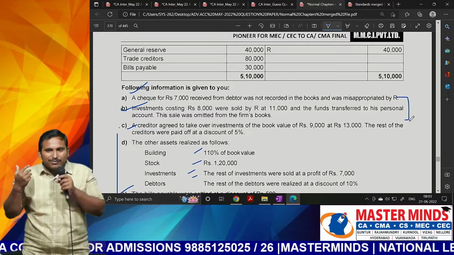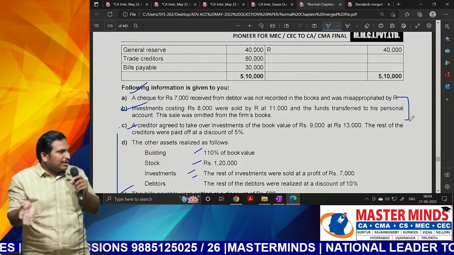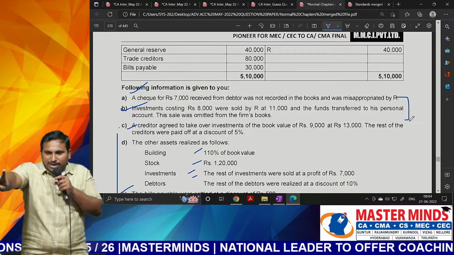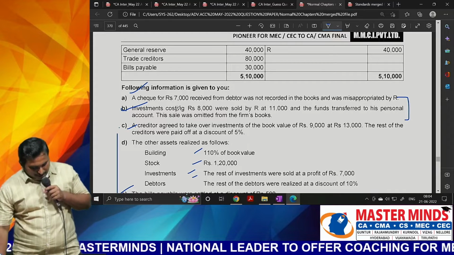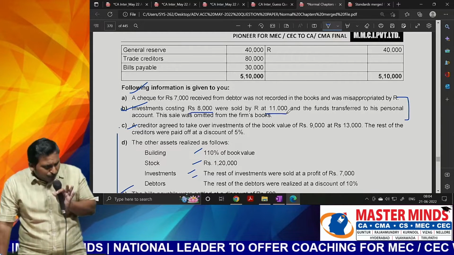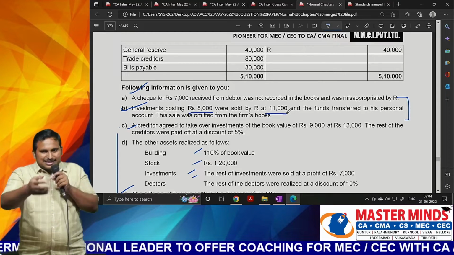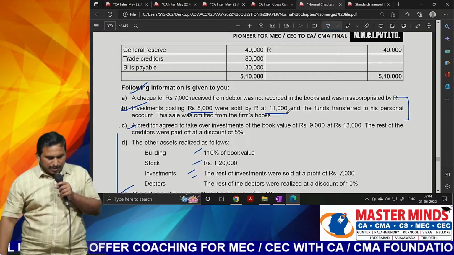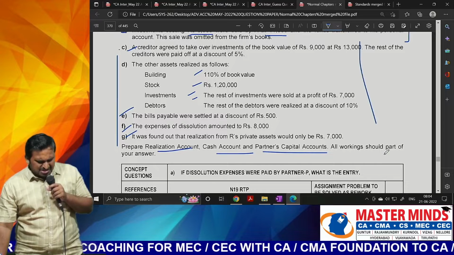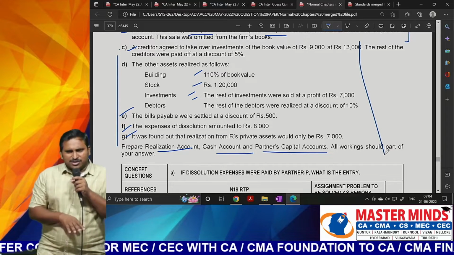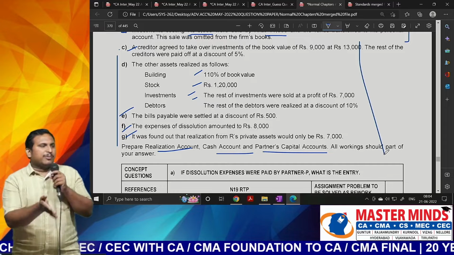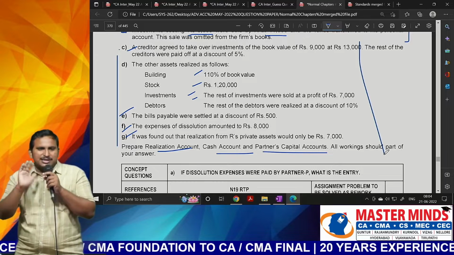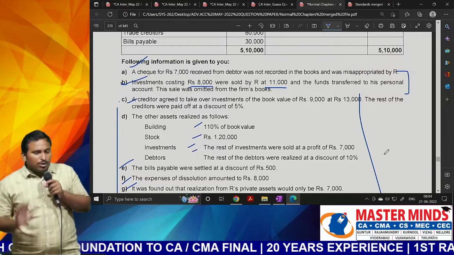Generally, whatever loss is there, we charge to every partner in the regular profit sharing ratio. Here we directly charge to whom, sir? Only one, to that one person. Like that, sir, a few journal entries will be there. I don't think these journal entries will be difficult. Just the regular basic knowledge of journal entries, 2 or 3 little journal entries, that is simple. The rest of the questions, I can tell you these points will regularly be repeated in our other questions. Once you go to that chapter, remember my words and try this question, ACSP 7. Whether you will be able to answer or not, you will understand. But I can say comfortably you can answer, even though you may feel it is difficult.